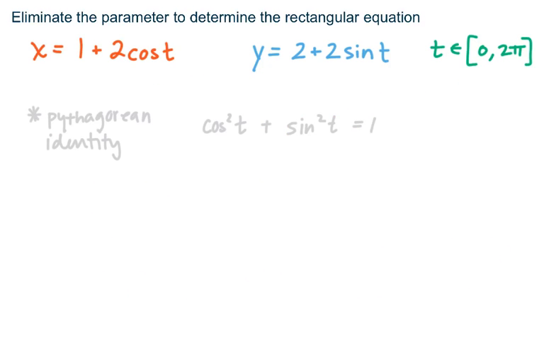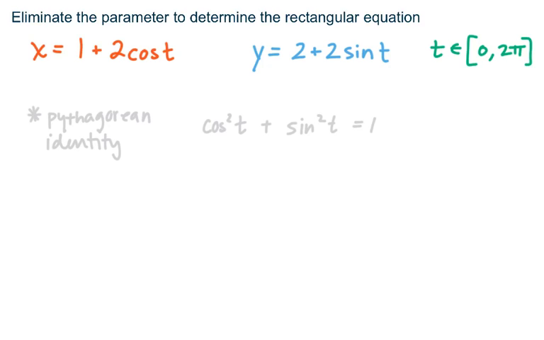In this example, we're going to do the same thing. We're going to take these two parametric equations, x equals 1 plus 2 cosine t, as well as y equals 2 plus 2 sine t. And we're going to eliminate the parameter t so that we can rewrite this in terms of just x and y. And we'll have a rectangular